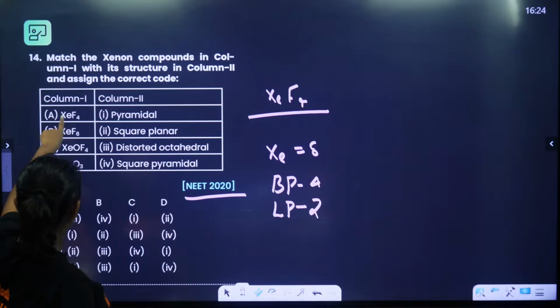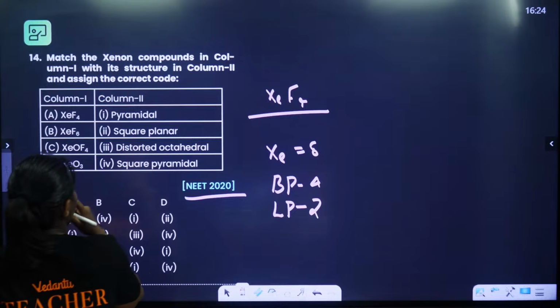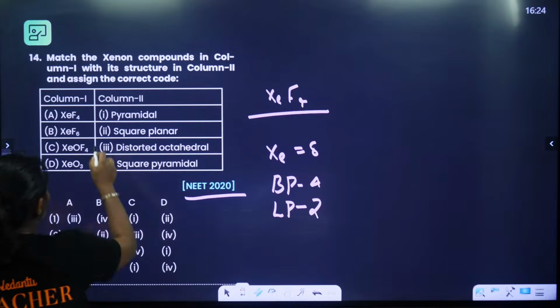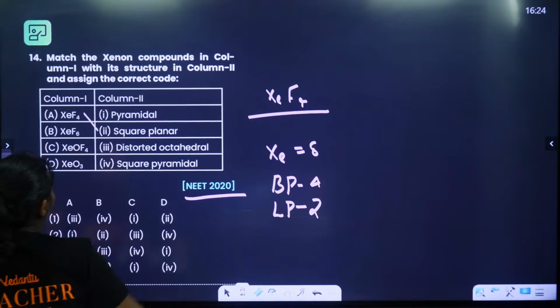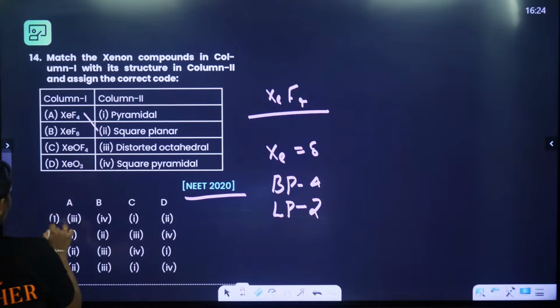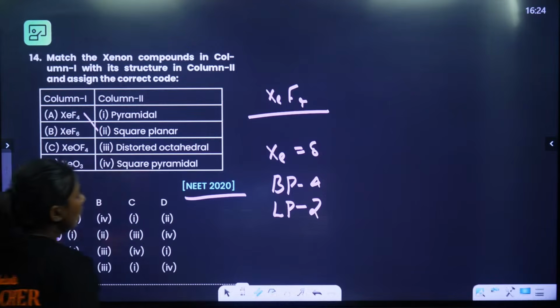This is A, this is 1, 2, square planar. Shape is square planar, yes, square planar. So we can eliminate 1 and 2. So next we can consider